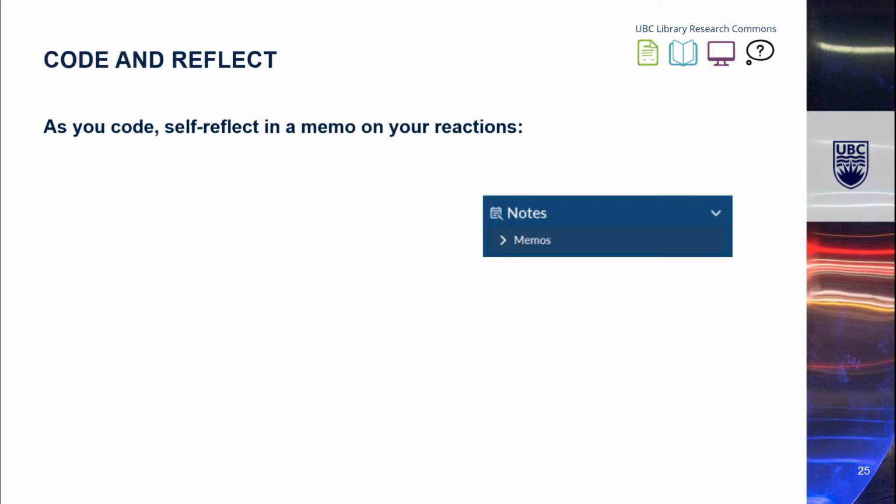Moving on to the idea of reflecting while coding, I can share that I met quite a few people who developed neat code lists but had no idea what to do with them. The common denominator for all of those people was that they didn't sufficiently reflect on their analysis and considered the coding process as sufficient. Reflection while you are doing your coding is key for moving your analysis forward. You can do this in a memo in your chosen CAQDAS package, as you can see here in this image from the memo section in vivo.